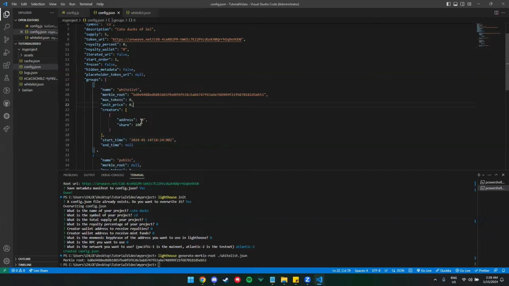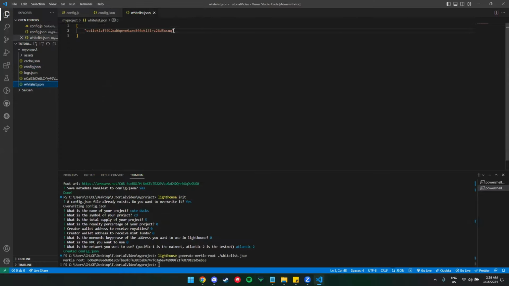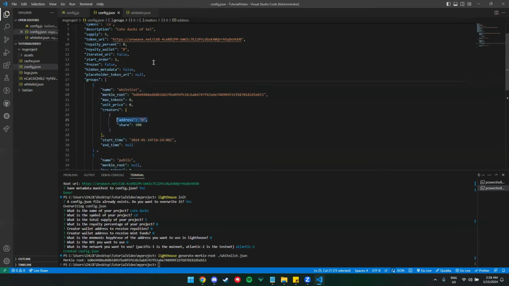So for the address, I'll be using my address as well for royalties and the share of each mint for each NFT. And I'll go back to my whitelist. So since this is my address, I'll just copy that one and paste it here also with the royalty wallet.